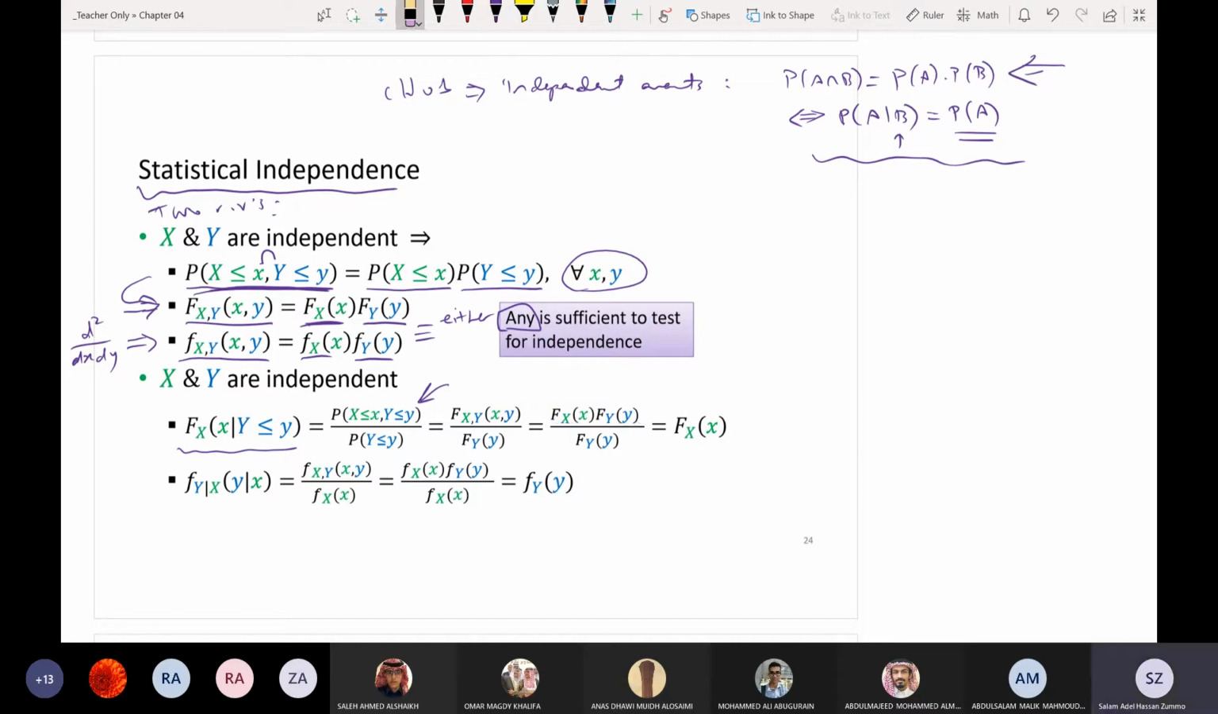Okay? This is if x and y are independent. If they are independent, then the joint CDF equals the product of the marginals. Now, Fy cancels Fy, and you end up with Fx of x. Which means that if x and y are independent, then the conditional CDF of x given y less than y equals the marginal CDF of x. So basically, in other words, conditioning on y does not change